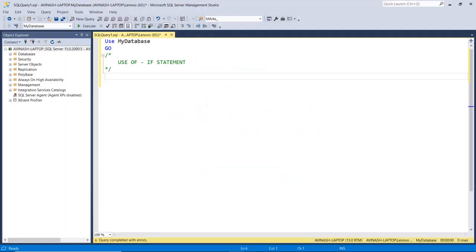Now, how do we use the if statement in SQL Server? First of all, start with the if keyword, then brackets, then here we have to define the expression which produces a boolean value result. Suppose I write 1 equal to 1.